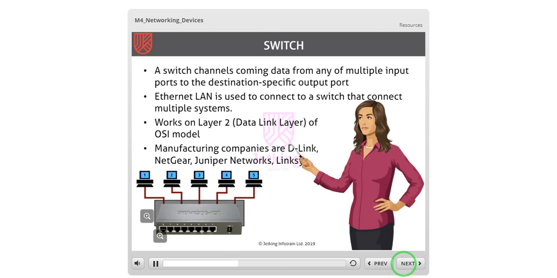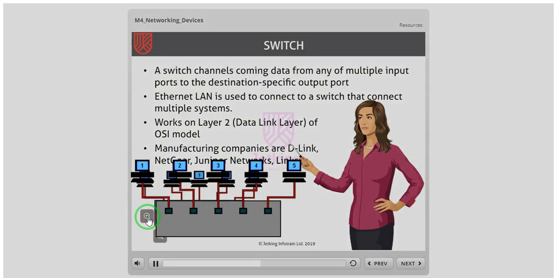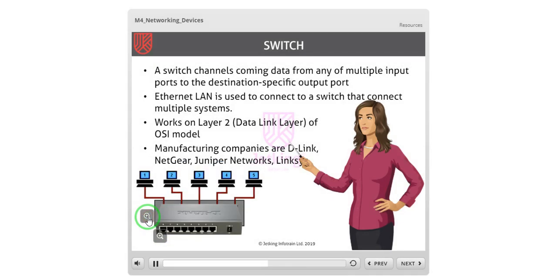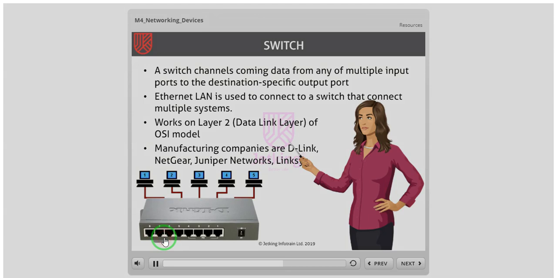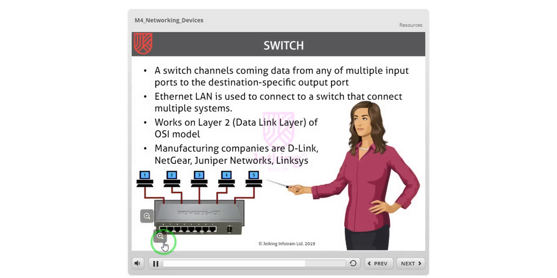On an Ethernet LAN, a switch determines from the physical device address, like the MAC address, where an incoming message is from. In a wide area packet-switched network such as the internet, a switch determines from the IP address in each packet which output port to use for the next part of its route to the intended destination. This is unicast of packets. Generally, switches, when compared with hubs, are intelligent and faster in network operations. Some companies that manufacture network switches are D-Link, Netgear, Juniper Networks, and Linksys, etc.